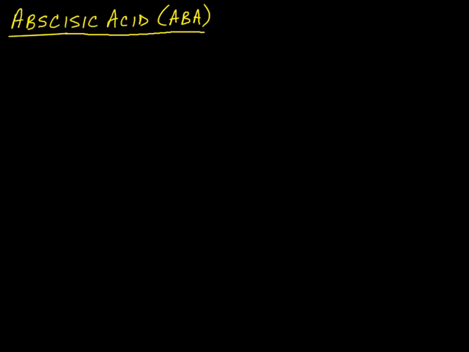Our next endogenous hormone is one that is an outright growth inhibitor. And although auxin can be either a promoter or an inhibitor, abscisic acid is usually thought of as being, generally speaking, growth inhibiting. So we'll label it as an inhibitor as far as growth is concerned. Abscisic acid stimulates the process called abscission. And we talked about it before, but let me make sure everybody remembers by mentioning what it means.